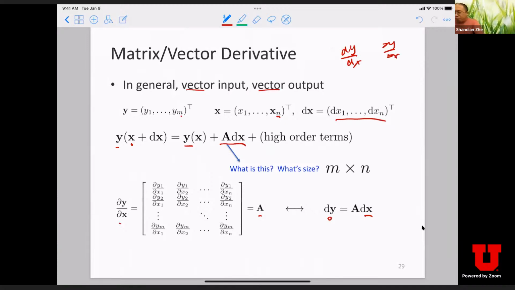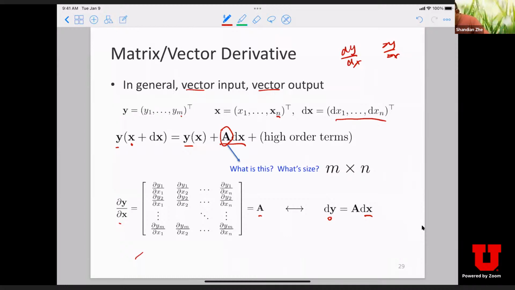So now, what's this? Is it a scalar or is it a vector? A is a matrix. Don't tell me that you just look at this; you need to explain why this is a matrix. David. Yes, exactly. Just keep in mind, whenever we're talking about matrix-vector operations, you always need to think about the size. You have to match their sizes. And once you figure out the size, most issues have already been addressed.